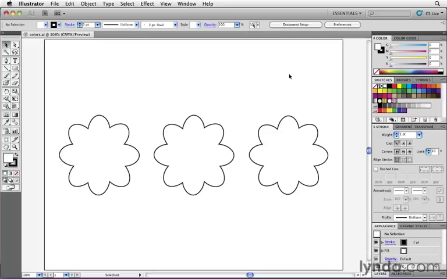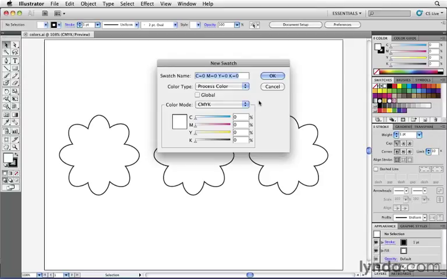I'm going to go to the swatches panel. I'm going to click on the button here to create a new swatch. Instead of choosing color type process color, I'm now going to switch this to a spot color. I can choose whatever values I want for this customized color. For example, when I want to create a custom ink for a varnish, the varnish is going to be clear,